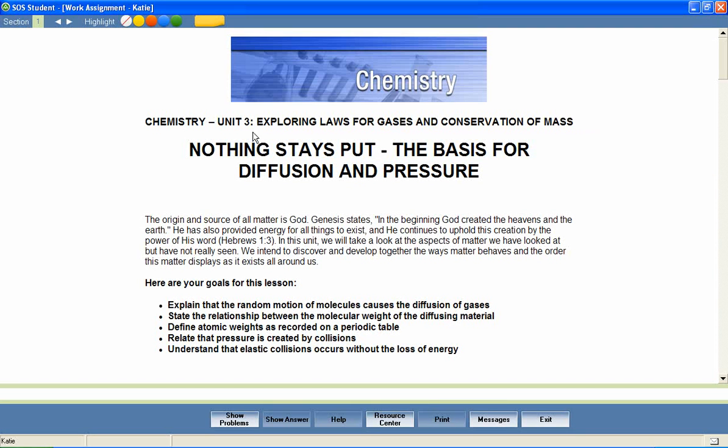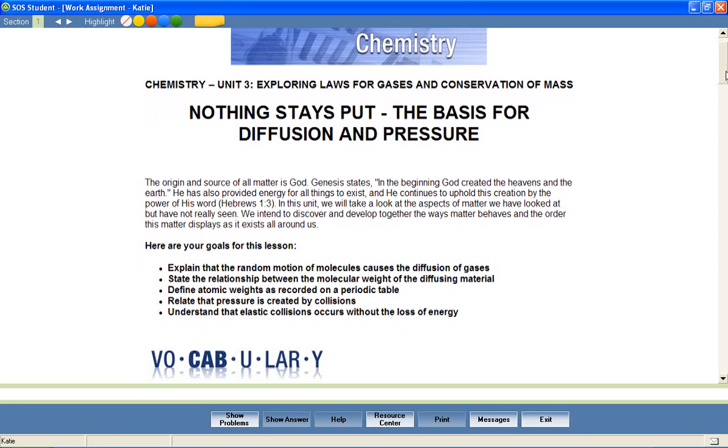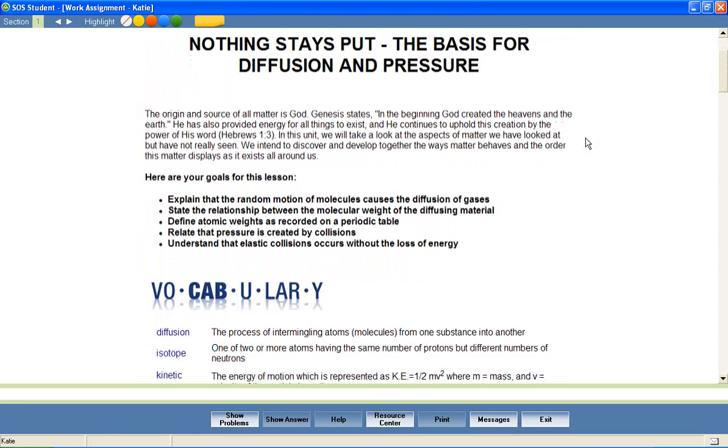In a unit entitled Exploring Laws for Gases and Conservation of Mass, let's look at a lesson called Nothing Stays Put, the basis for diffusion and pressure. Most Switched On Schoolhouse lessons begin with a brief introduction and a list of objectives for the lesson. These objectives help students stay focused on important lesson content and provide parents with an effective way to measure mastery